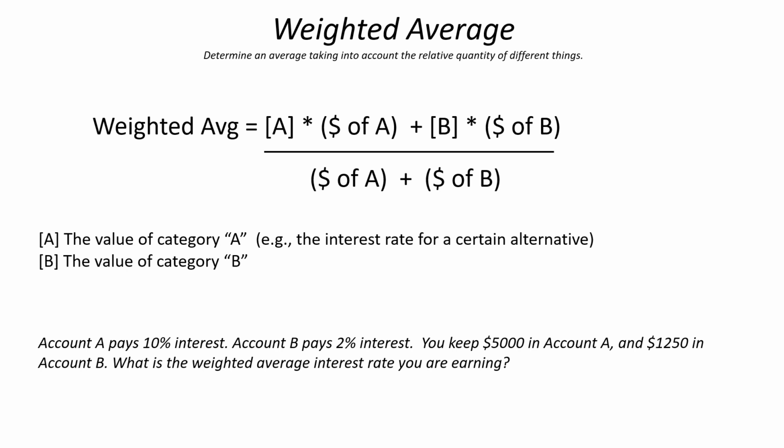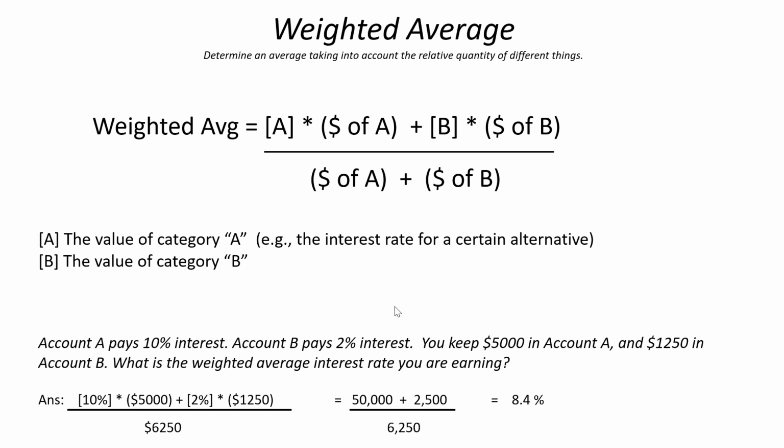The average is not 10 plus 2 divided by 2. That would be a simple average. A weighted average takes into account how much money you have in each account. So it's going to tell you your overall interest rate that you're earning by saying we'll have 10% is what